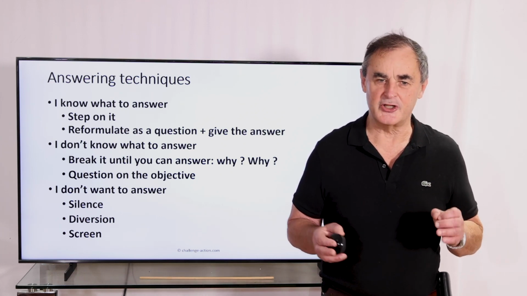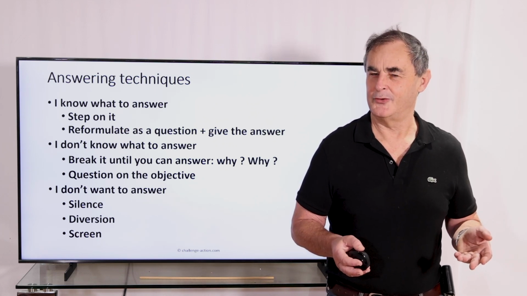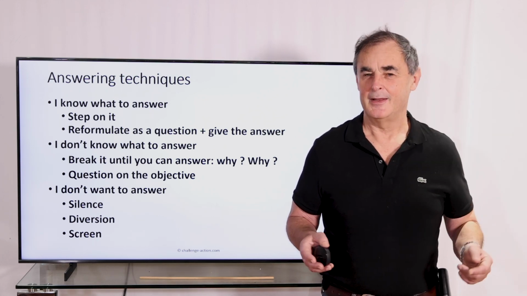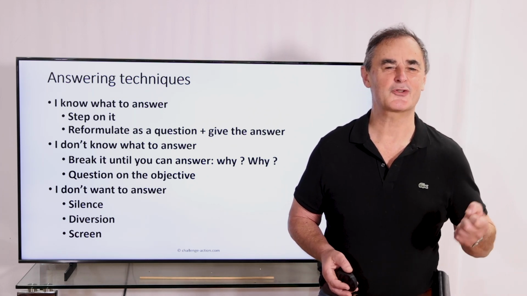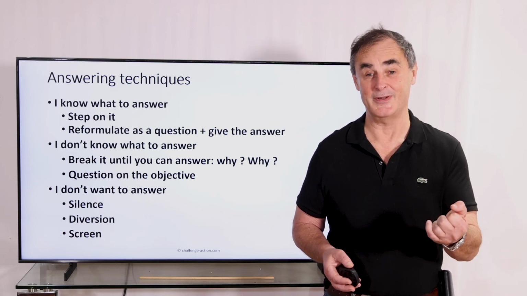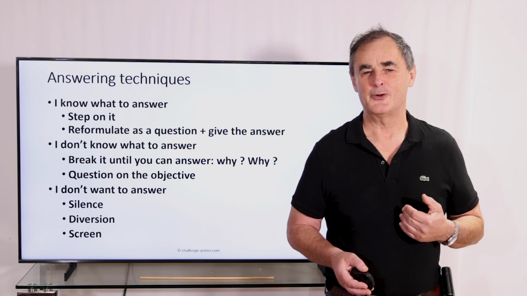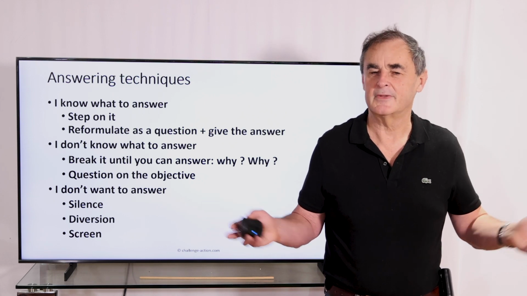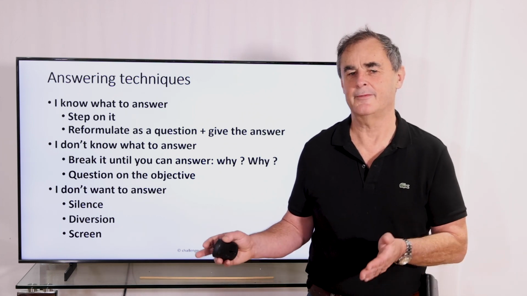Another variation is you reformulate it as a question. Is that important for you? And you get a yes. And while you do that, you think of the answer. And then you can come back with exactly the same explanation, but you made the objection even stronger to your own advantage. You really want a safe car? Is that really important for you? Is that what I understood? Yes, and while you formulate that, you think of your answer. Personally, I prefer the first one, to step directly on it. But it's really as you prefer. It's the same thing, but it takes a bit more time for the second one.